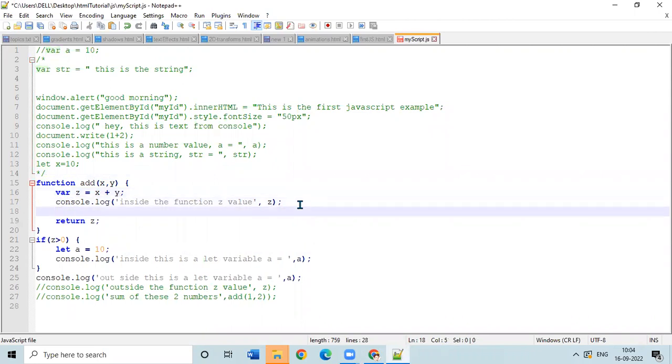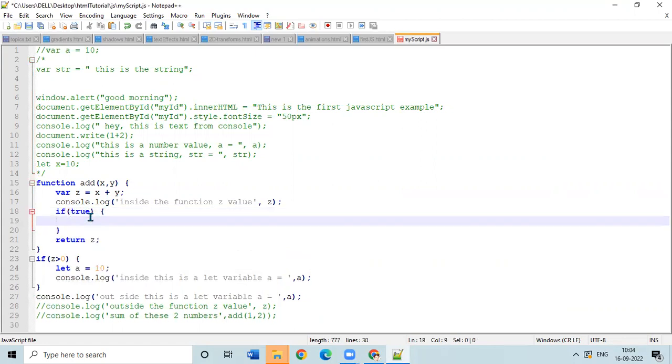So if you are using if, right? I think you have some doubt. What is the difference between var and let? This is a block scope, this is a block. So you can clear like this. Even though inside the if or any blocks as well, this z will work. So here we'll be checking if true something. I'm checking the condition. If true, here console.log